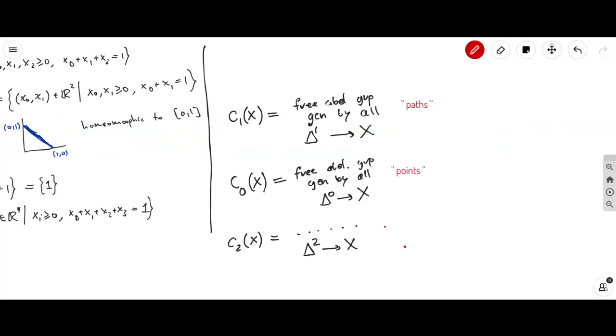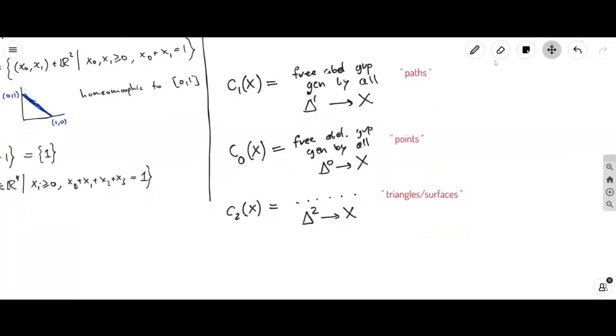And these, you could think of them as perhaps surfaces, but maybe you can also think of them as triangles, perhaps, or surfaces that are sitting inside X. So it's just the image of this mapping that's going to give you some kind of curvilinear triangle that's sitting inside X. And in general, of course,